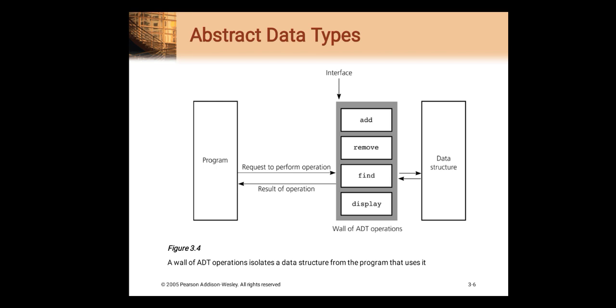Now here I am showing you the graphical view of how the abstract data type forms a wall between the program and the data structure. The abstract data type is a midway between your data structure and program. Once you have data, then before implementing it you list the different operations, which types of operations you want to perform, and then you go to the implementation stage.